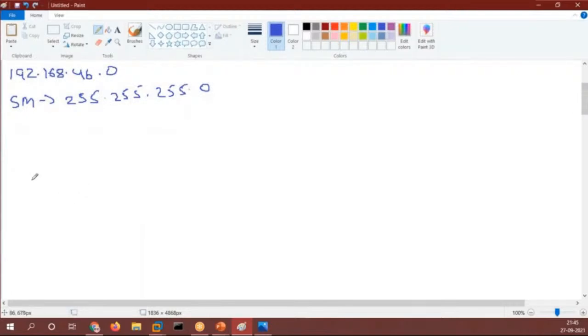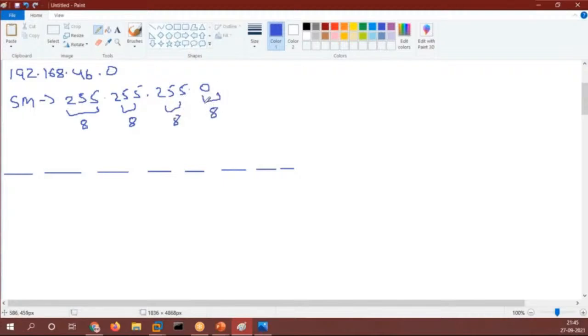Every time we do the calculations, we do them in the subnet mask. So I'll write it like this: 4 octets are there, and each octet is of 8 bits.